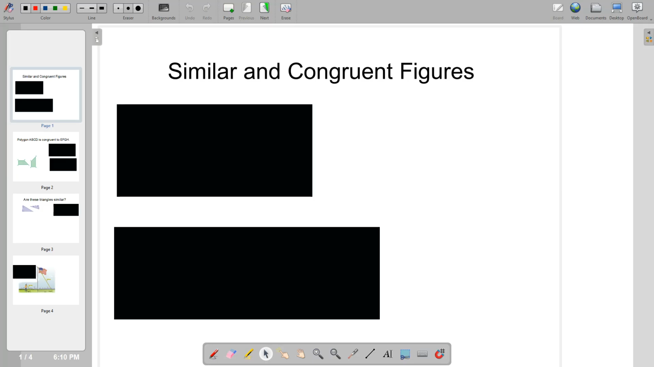So I'm going to turn off the webcam. And we'll do a little bit of examples on each of these types so that you are ready for the